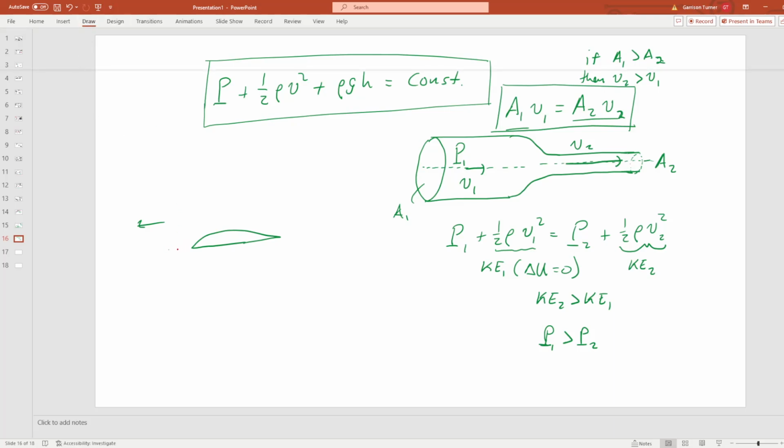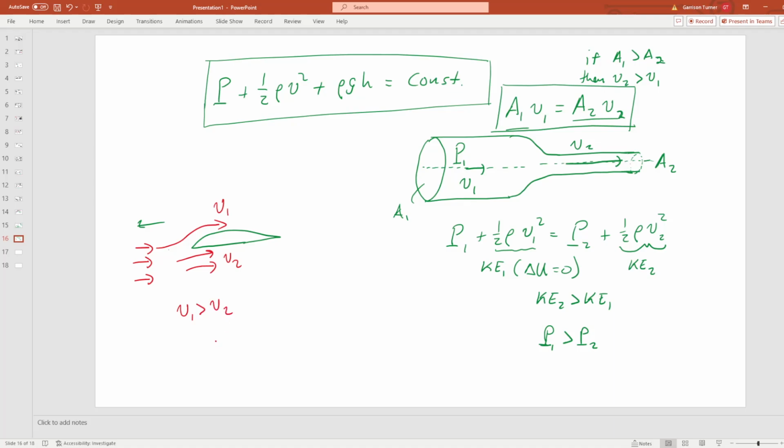So you have air that the wing is flying into, and some of that air gets cut over the wing, and the rest of the air goes underneath the wing. Your wing is designed such that the speed of the air that goes over the wing, let's call this V1, and the speed of the air that goes under the wing, V2,